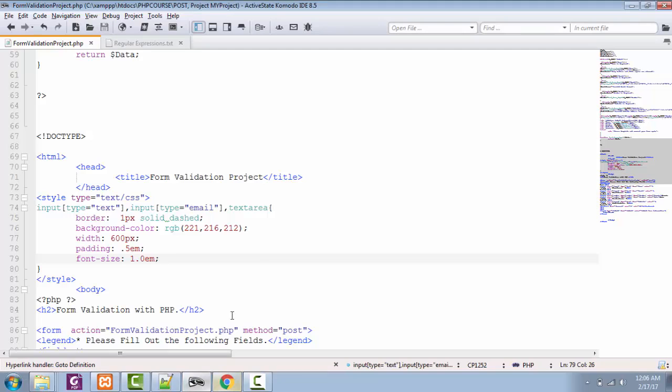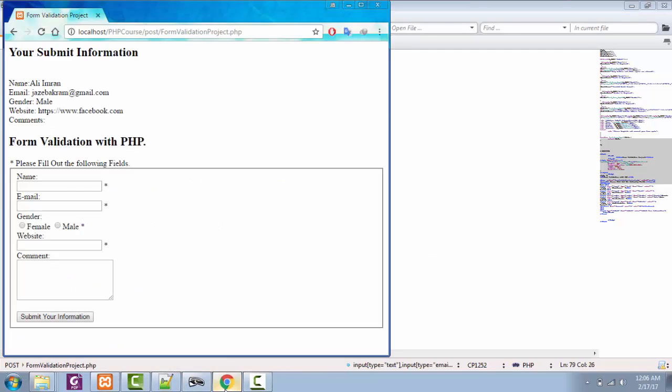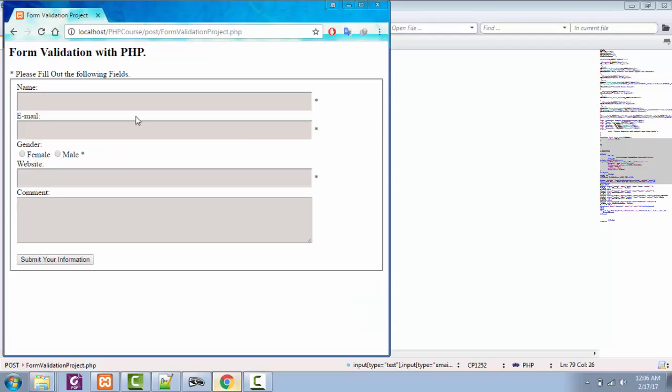Saving this one out, refreshing the page. Now we got these very attractive fields.